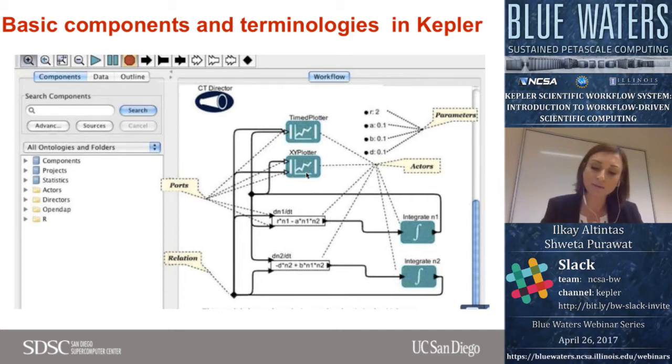And directors implement those computational models. They can be dynamic data-driven, they could be static synchronous data flows, they could be continuous time models like we see in this example. They coordinate how actors pass information to each other and how the overall graph gets scheduled. So what the link between the actors means is defined by a director. Sometimes data passes through them, sometimes messages pass through them. Or sometimes the schedule is based on a clock tick or an event to trigger the execution of